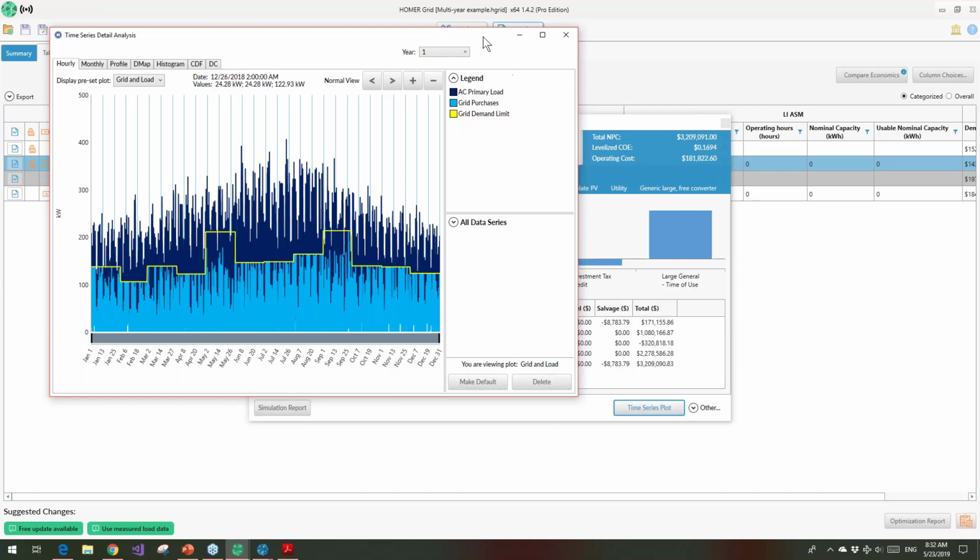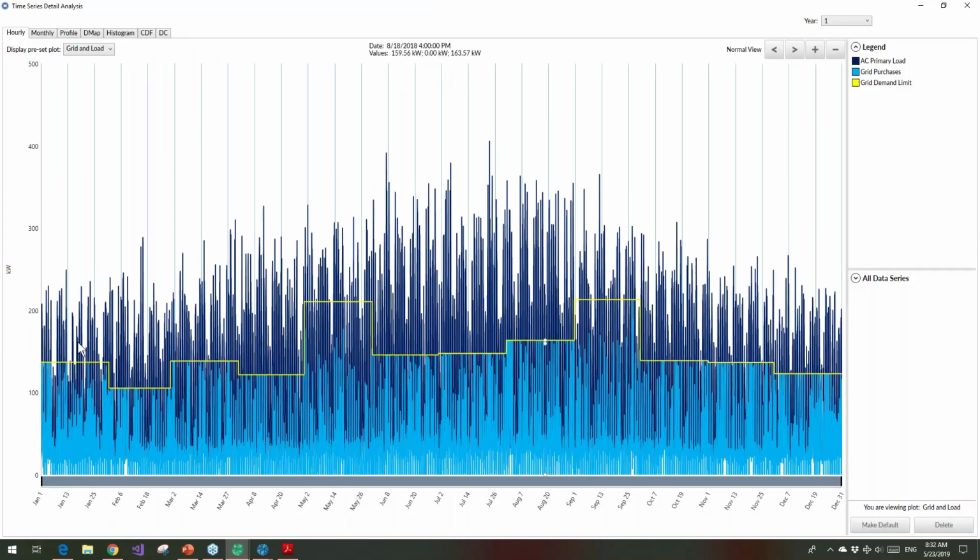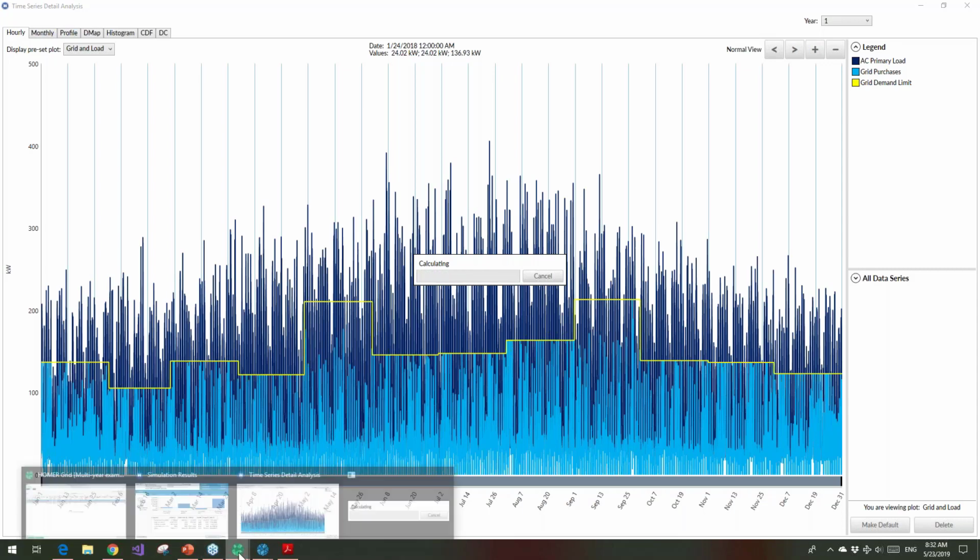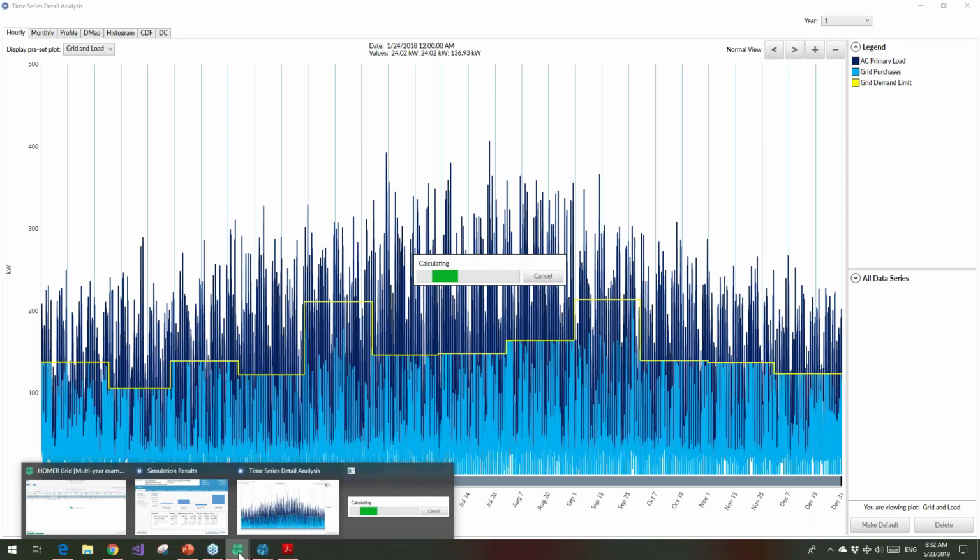This dispatch is just available in HOMER Grid, and something that you can use to understand HOMER Grid's dispatch, since it is quite complex, is the dispatch log here. So we're giving you insight into what the dispatch is doing time step by time step, so you can understand that the dispatch is operating in an economic way that's representative of what you'd expect. So that's one main